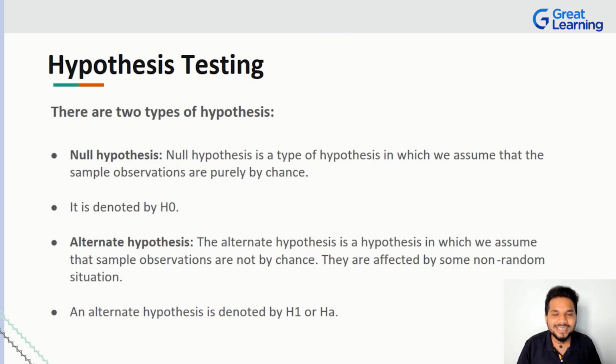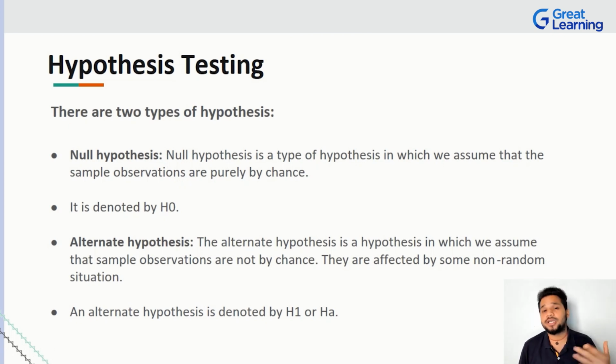So what you just did was assume something, and eventually you had proof to establish one of these conditions as correct. And once you prove one of these is correct, the other one goes right out the window. If I say the null hypothesis is that Pluto is a planet, and the alternate hypothesis is that Pluto is not a planet, as soon as one gets proved absolutely correct, what happens to the other? It goes right out the window. This is something you should assess and analyze as well.